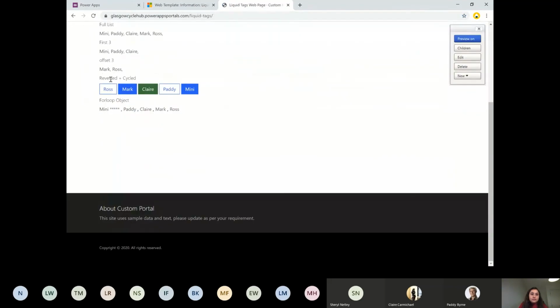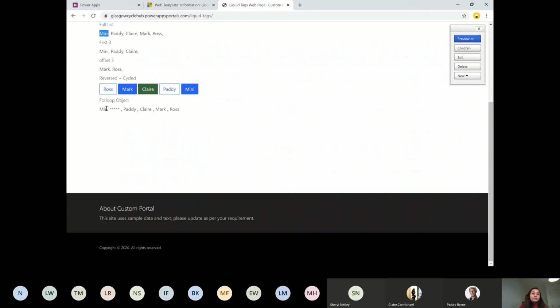So you see reversed and cycle: all the values are shown in reverse order, and cycle is just to give the class, and we are showing all the text as buttons, and we have given some classes like normal and I think something, and then success, so it's showing in this reverse order. And if we had more parameters or more values here, it would be shown in white, blue, green, something like that.